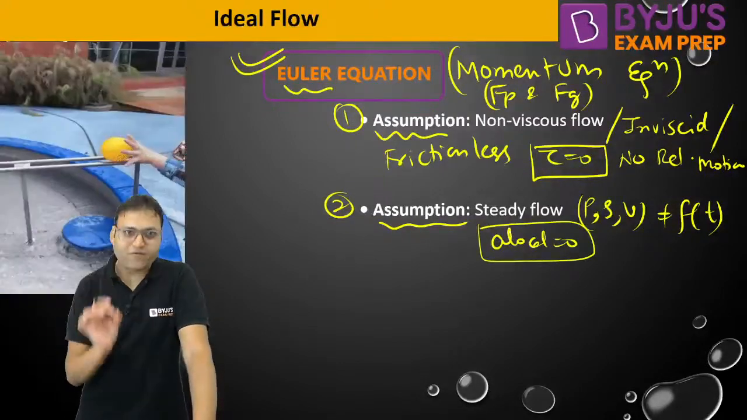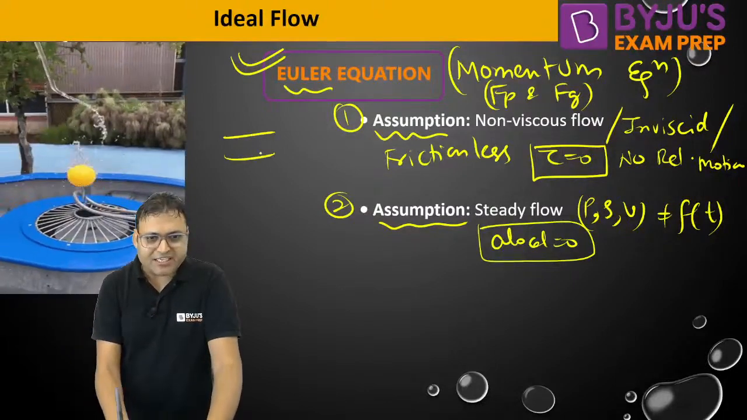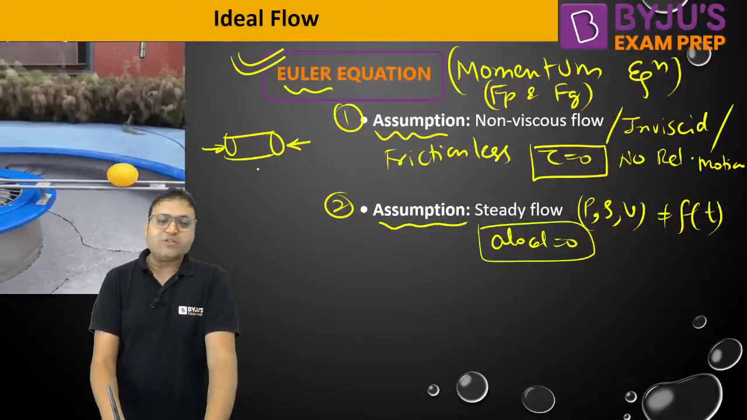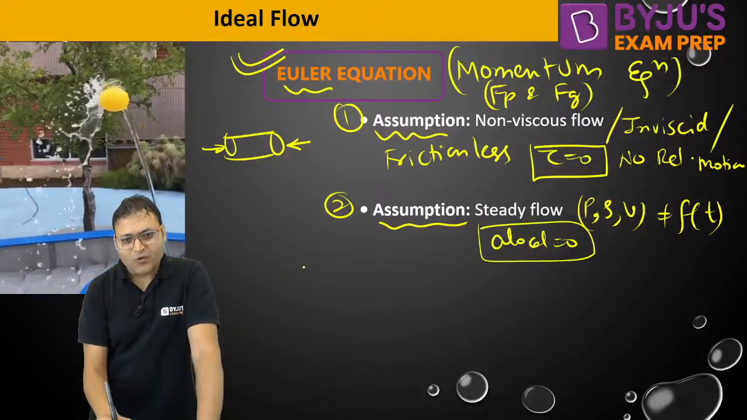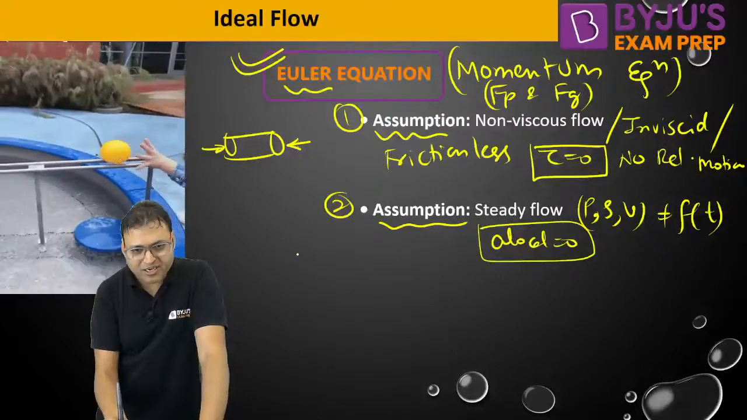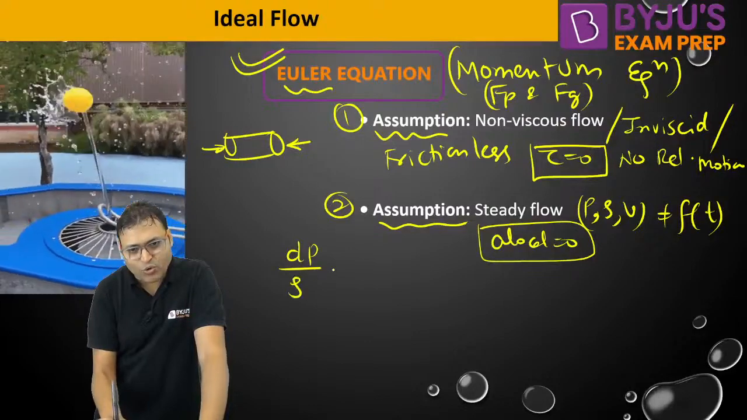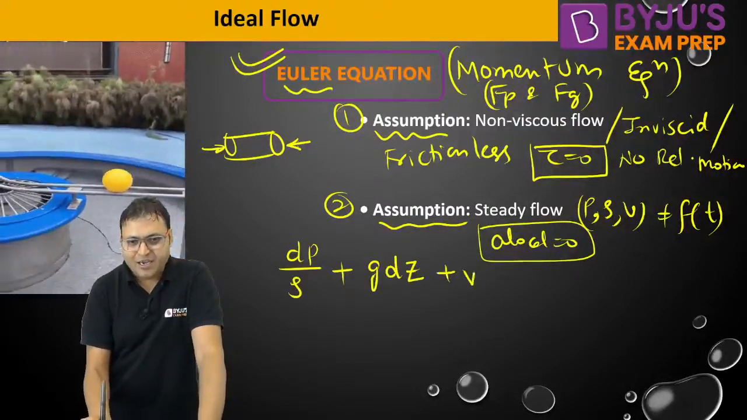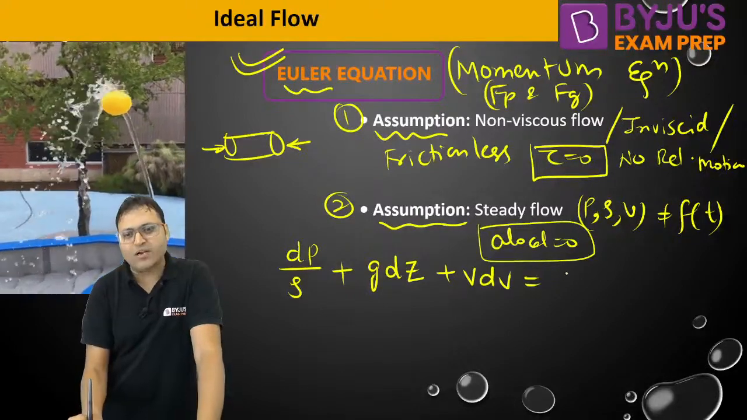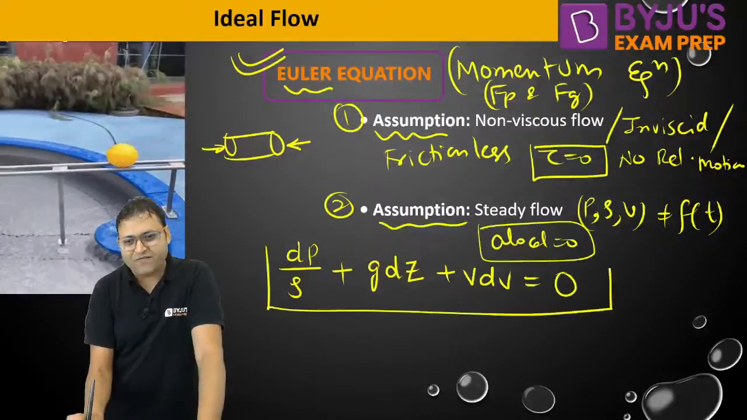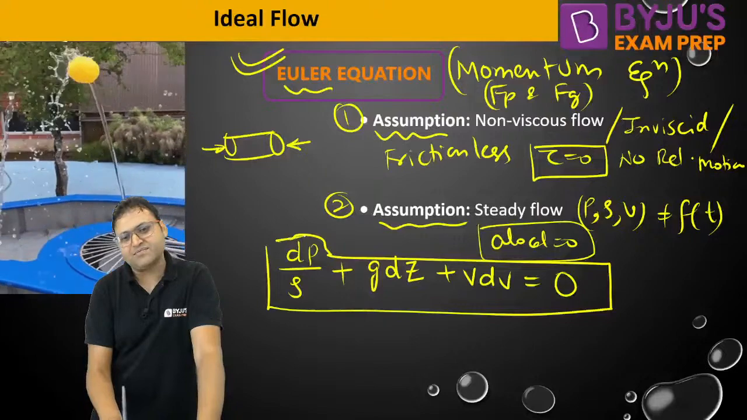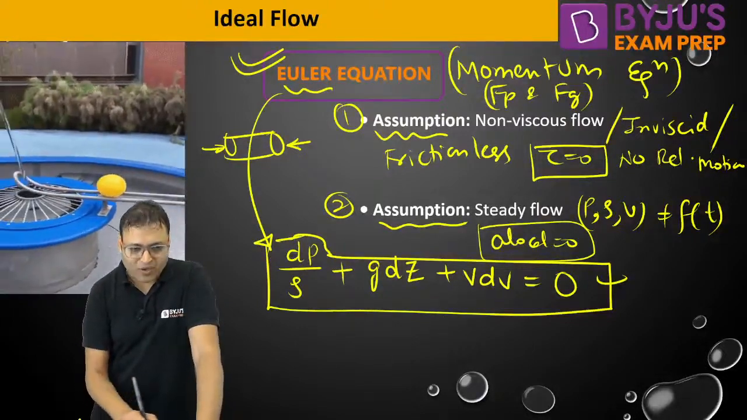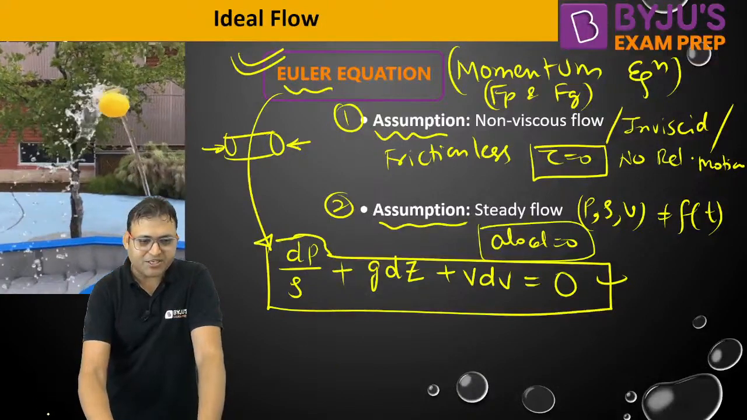Now, if we apply the momentum conservation equation for a small element using the pressure and gravity force, we will obtain this expression: dp by rho plus g into dz plus v dv is equal to 0. This is called the differential form of Euler equation. Now, if we integrate this expression,